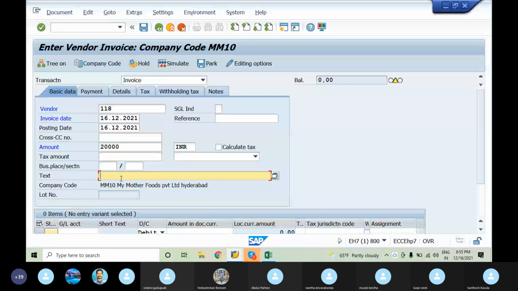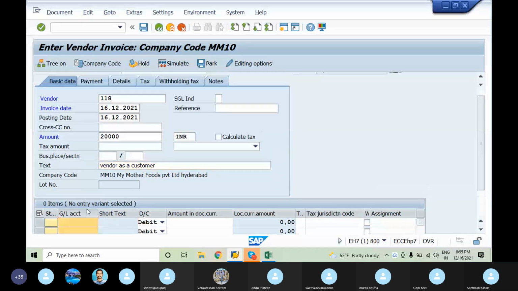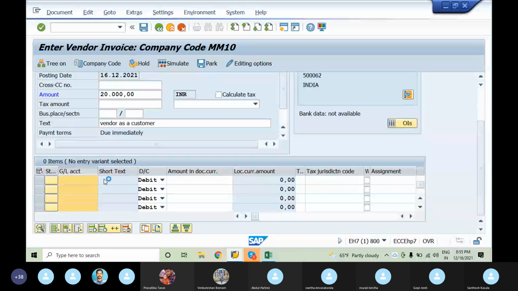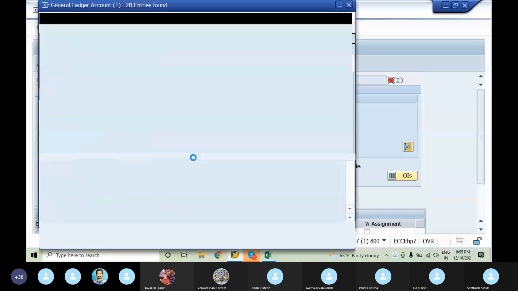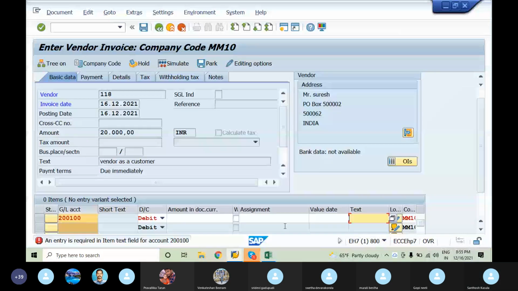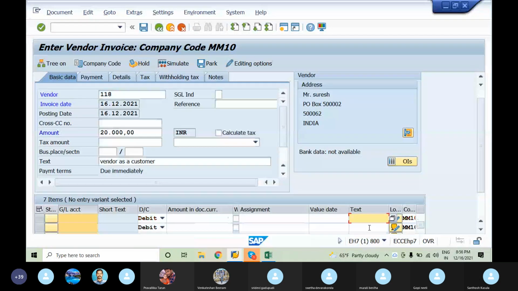We are filling in the details and unticking, then posting.